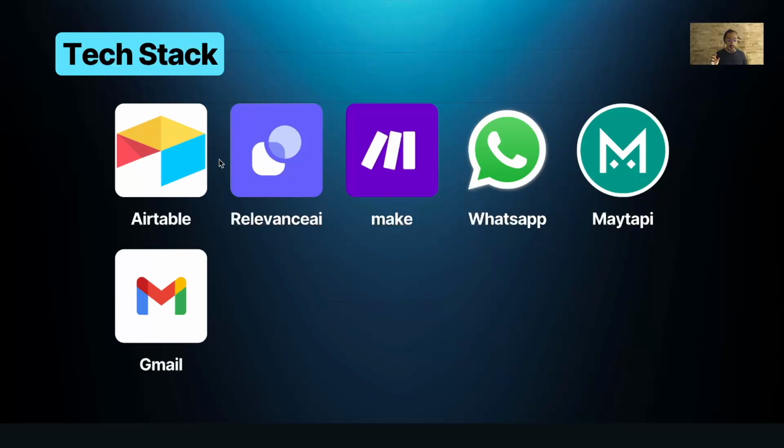Then we obviously need a Gmail account, because this is how it's linked now. And you will be able to do it with Outlook as well. This is the exact same flow. You will just have to replace Gmail with Outlook if you actually have all your inbox in Outlook. Anyway, with that being said,